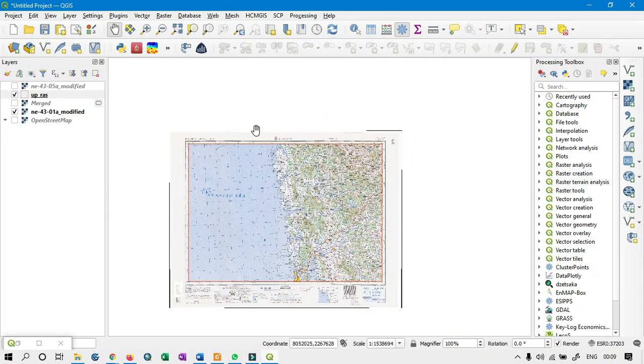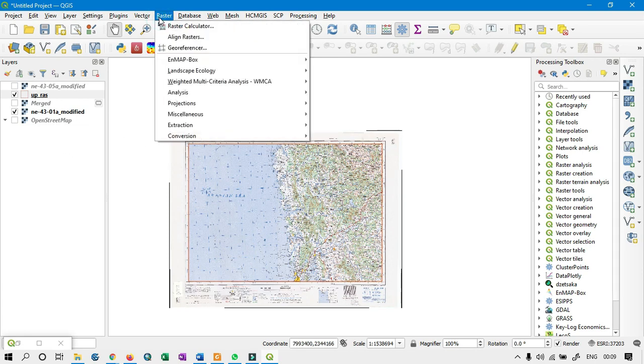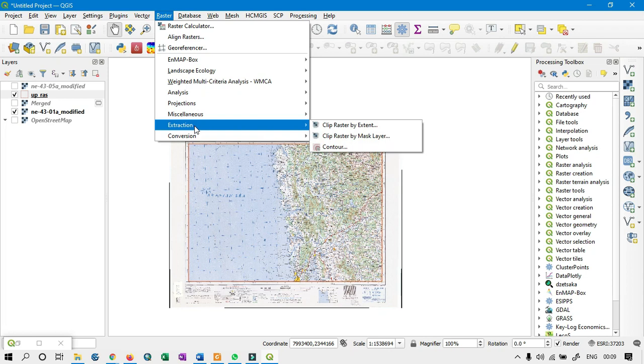Okay, so after creating this rectangle vector or the polygon, we have to go to the extraction and say clip raster by mask layer. So go to the raster, extraction, and clip raster by mask layer.